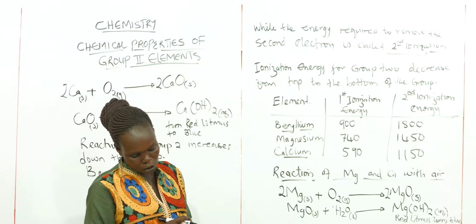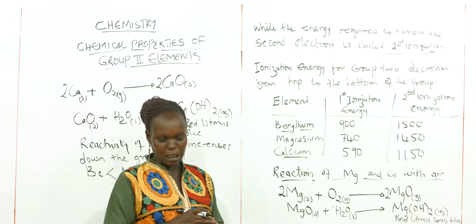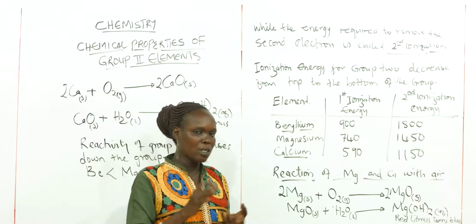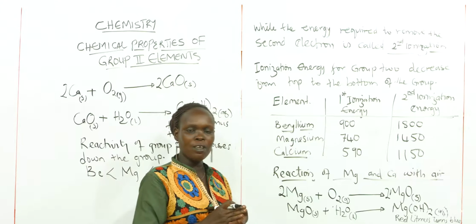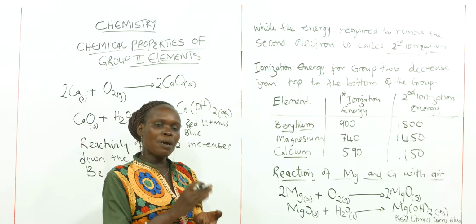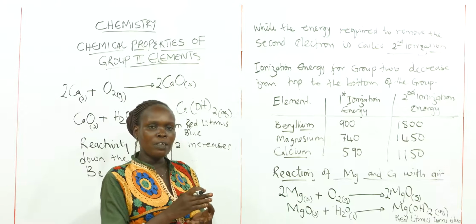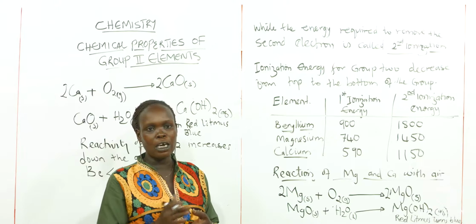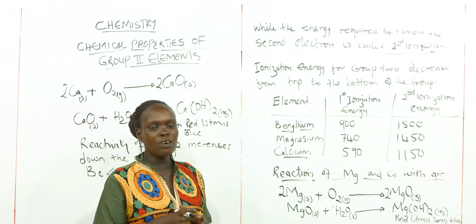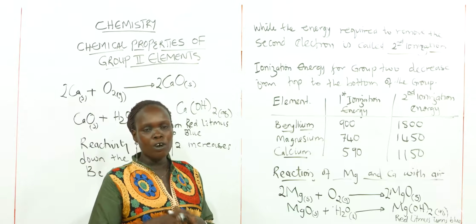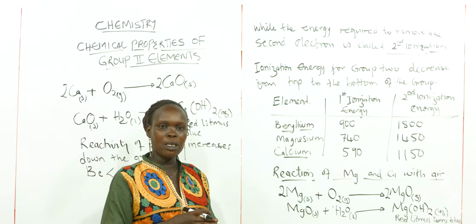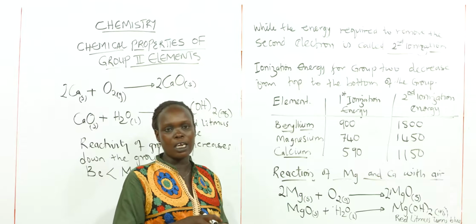We are going to see that, due to their reactivity, group 2 elements react with the air to form a dull coating. It means this coating, which is covering the metal surface, is formed from the oxide. So if you keep these metals outside for a long time, they will form a coating around the surface. Learners, we need to remember that this coating is caused by the presence of oxygen in the air. It will cause the coating upon the surface of the metals and slow the reactivity of